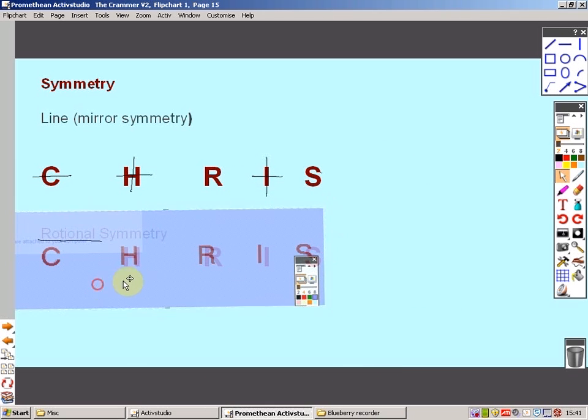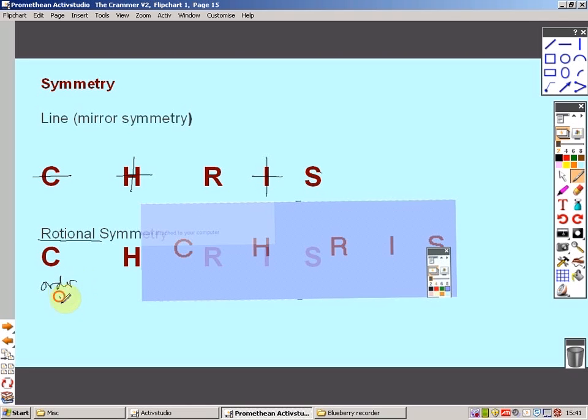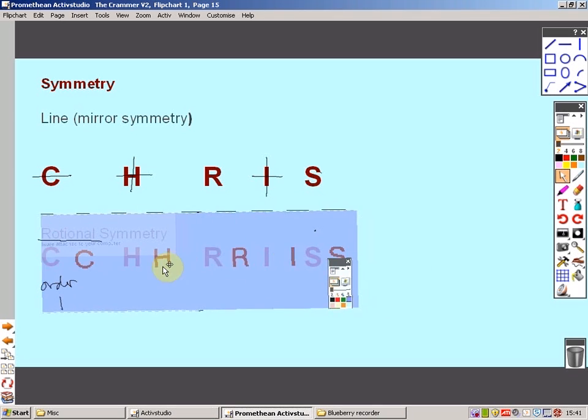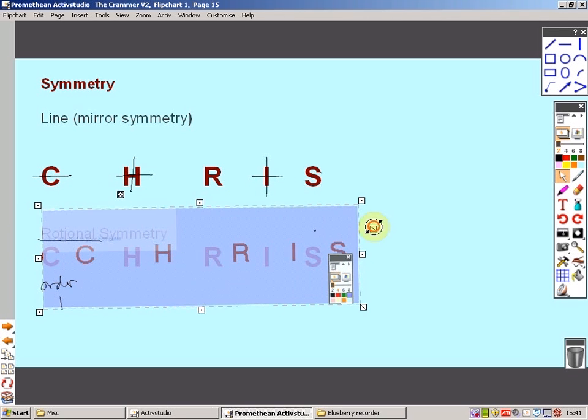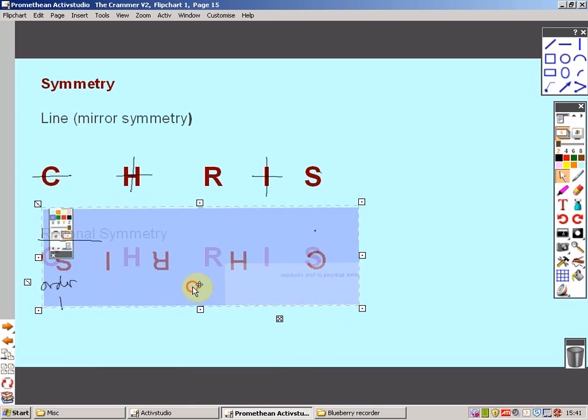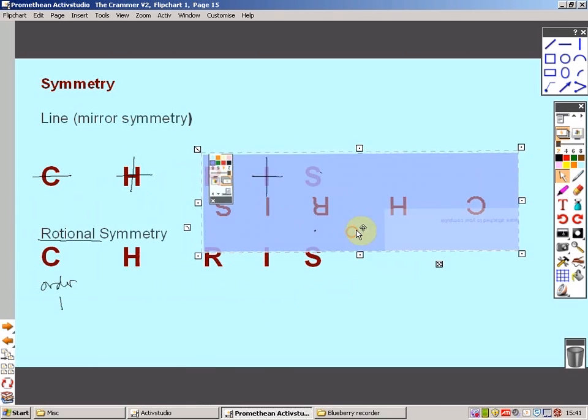So we would say that has rotational symmetry, and there's one way I can put it down, so it's order 1. The H is a different case because the H is like that. I can put it down back as it is, but I could also pick up the sheet of tracing paper, spin it around, and it would also fit that way around as well. So that's got 2 ways of doing it. So the rotation order symmetry there